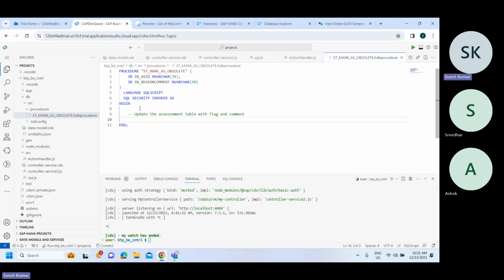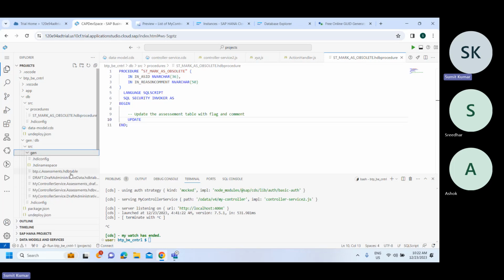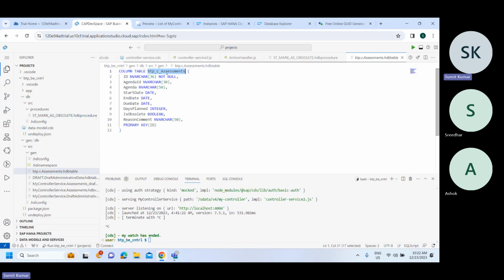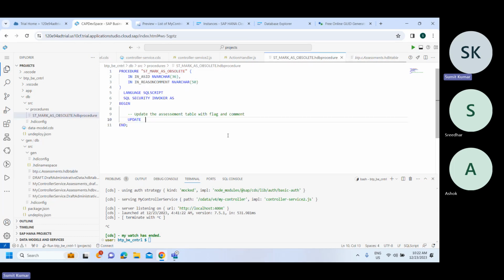Now I would like to set something. Whenever I am saying mark as obsolete, definitely I am marking something as true. I'll simply say I would like to update something. Here you can write plain SQL statements. What is the something you are willing to update? I'll go over here in the gen src gen, and you can get the name of the table from here. This is the name of your table, BTP C assessment. I'll say BTP C assessment over here,